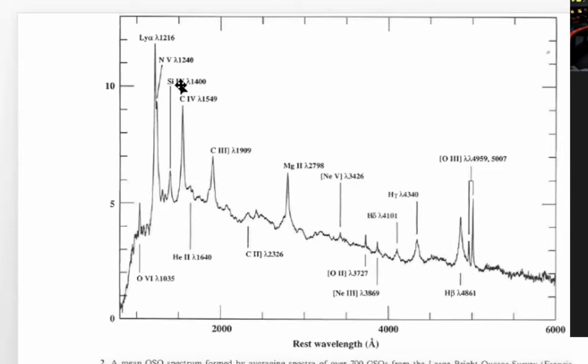Silicon lost 3 electrons. And nitrogen, by the way, there's nothing terribly weird about these elements. They're not made of different stuff. It's the ionization of the stuff that's weird. Nitrogen having lost 4 electrons. How do you do that? There's only 2 ways. The first electron, yes, of course, that was easy to do.